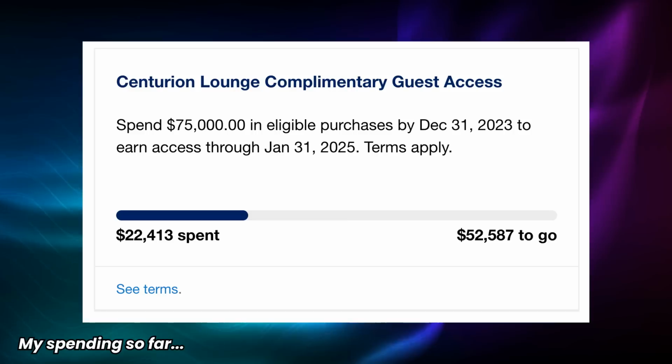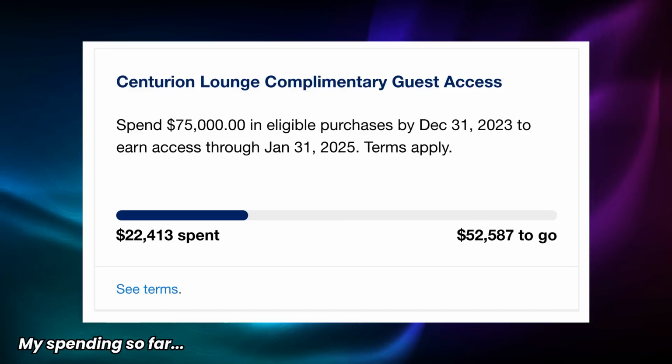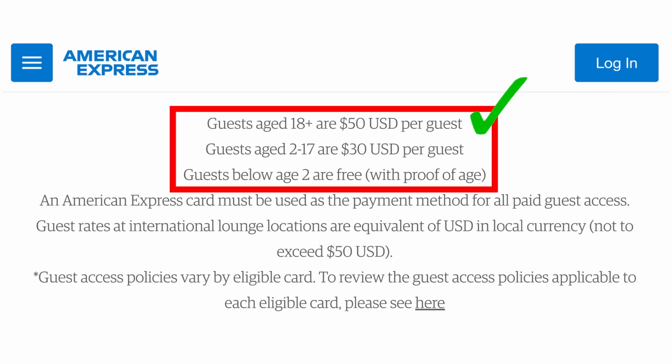But how is that for the Centurion Lounge, Ben? I think you can only get in if you have the Amex Platinum or the Amex Centurion. And the guest fee, you don't get free guests anymore unless you spend over $75,000 a year on the Platinum or Business Platinum. Centurion members get free guests, but I think they're spending over that anyway. And the guest fee, I seem to remember, is $50. I'll put it on screen, whether that's right or not. But yeah, the guest fee is a little bit lower